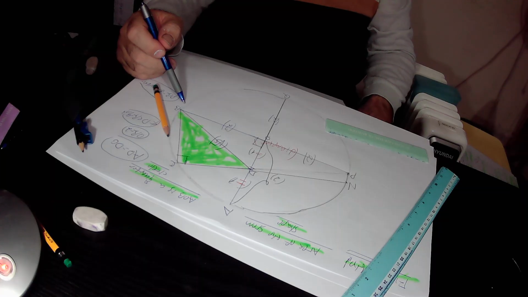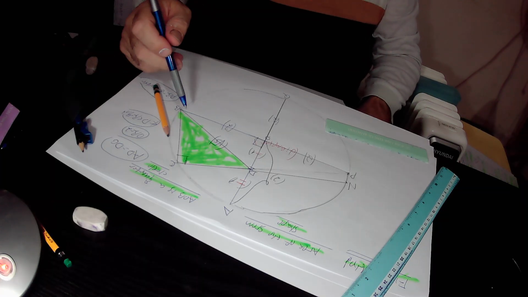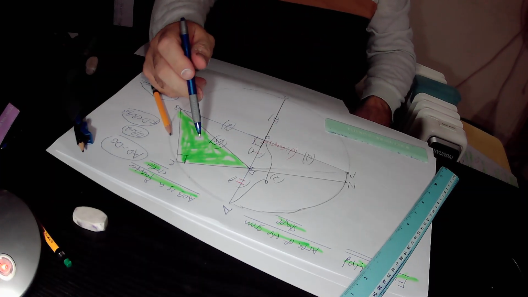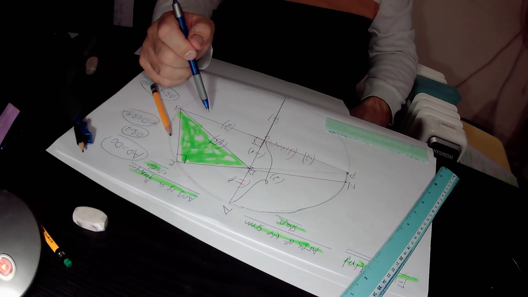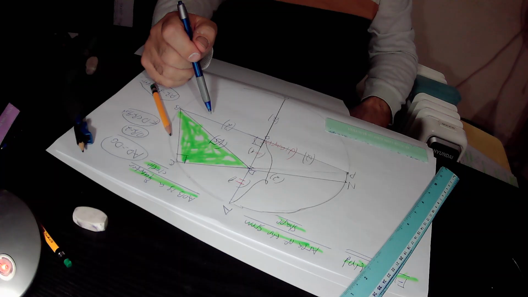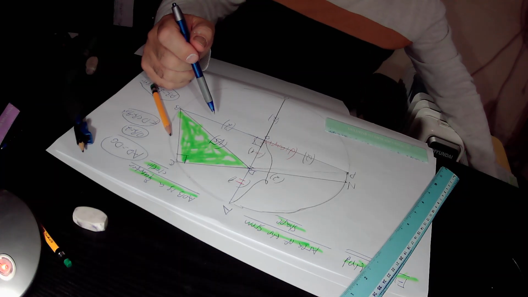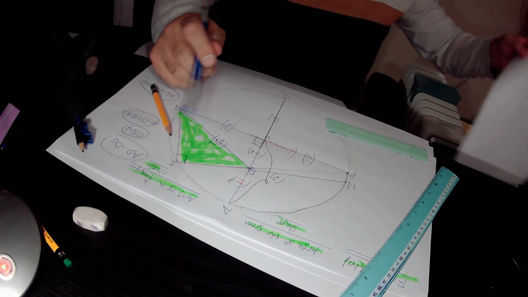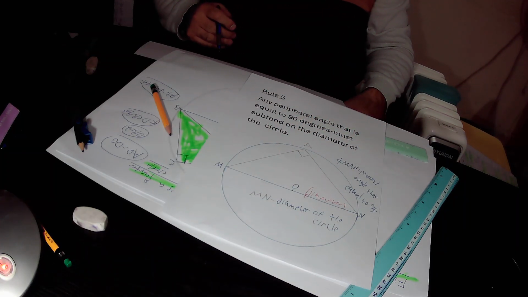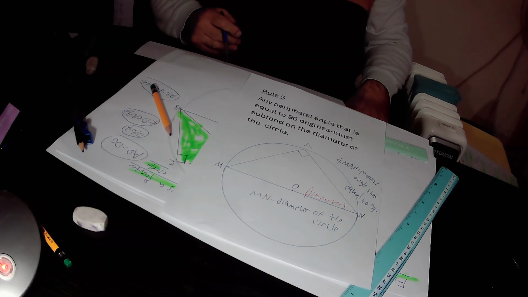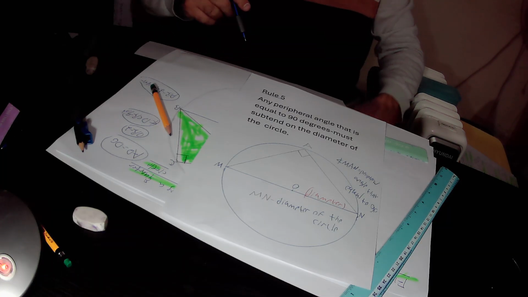So we have here triangle BCN that is equal to 90 degrees inside, and it subtends on chord BN that is not the diameter of the circle. So it is a contradiction to rule 5. So let's click on rule 5. According to rule 5, any peripheral angle that is equal to 90 degrees inside must subtend on the diameter of the circle. In the drawing circle,